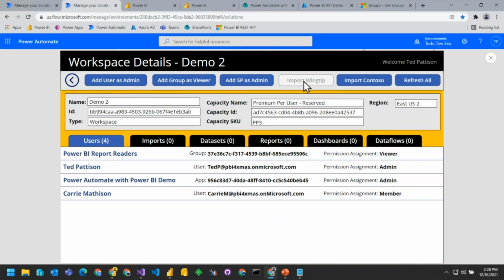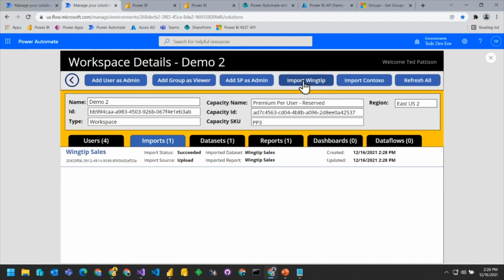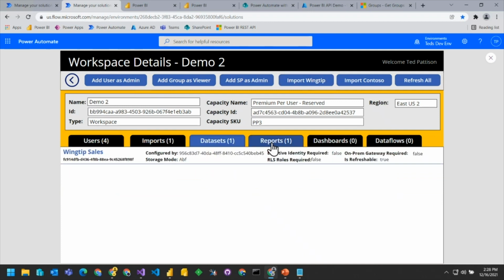We'll look at this coming up, but it's then going to upload a PBIX file and go through a process of updating parameters in the dataset, setting credentials, and starting a refresh operation. Okay, once again, we're going to look at this, but I just wanted to show that after this runs right here, we're able to see users and imports.